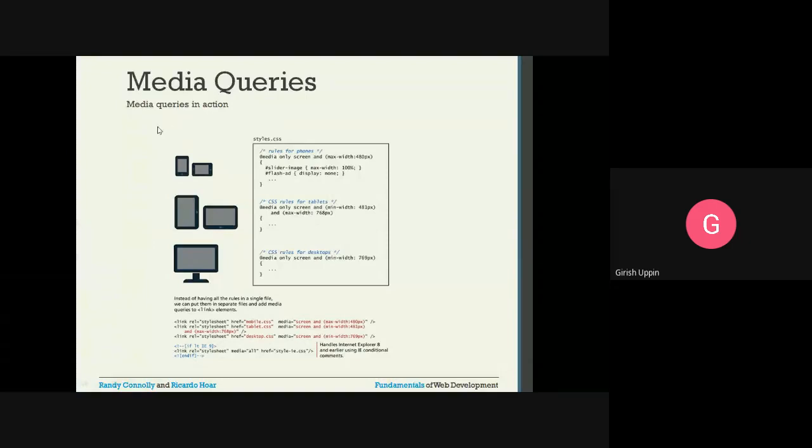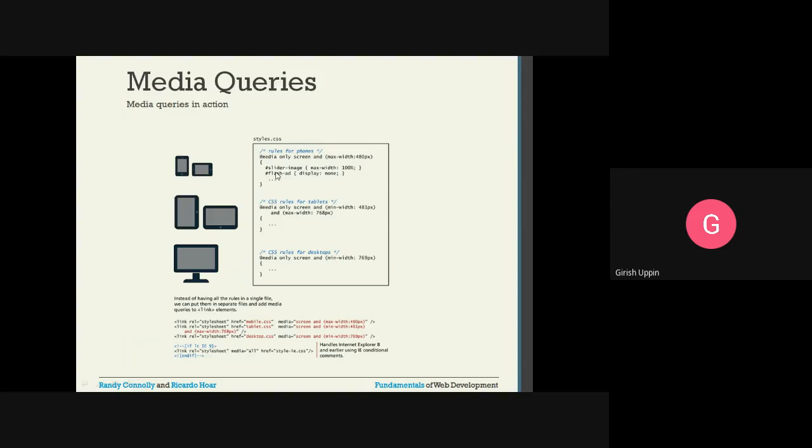Now you can see here, this is the example, styles.css, that is the file that would be included along with your HTML document. See, we have one file, styles.css. This would be used inside the HTML document as an external styling. So we know CSS rules can be applied in three different ways. Either it can be inline, it can be embedded, or it can be an external style sheet. So this is an external style sheet that will be linked to the HTML document.